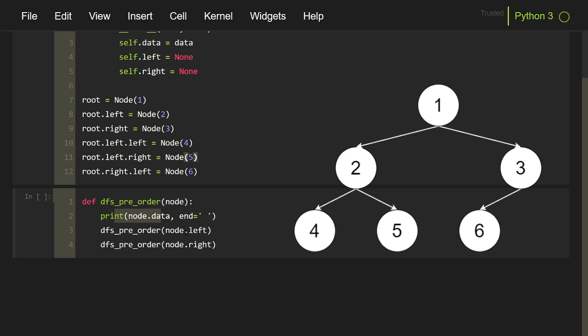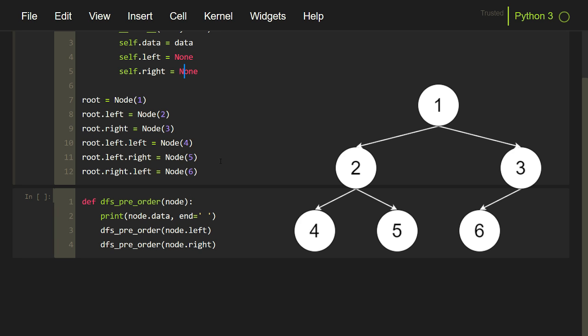In all these three statements, the variable to the left of the dot operator is variable node, and node will be none when the original tree, that is the entire tree, contains no nodes, that is it contains 0 nodes. Secondly, it can happen when a node has only one child, as in this case we have a node 3 which has only one child. So when it calls recursively its right child, that child will be none because of this statement.